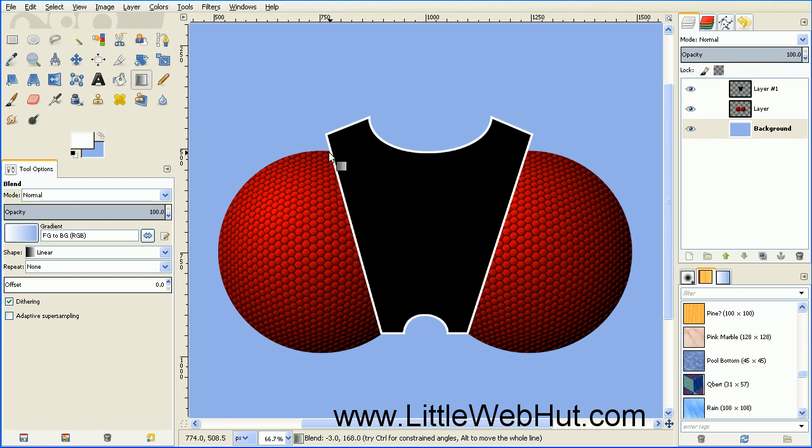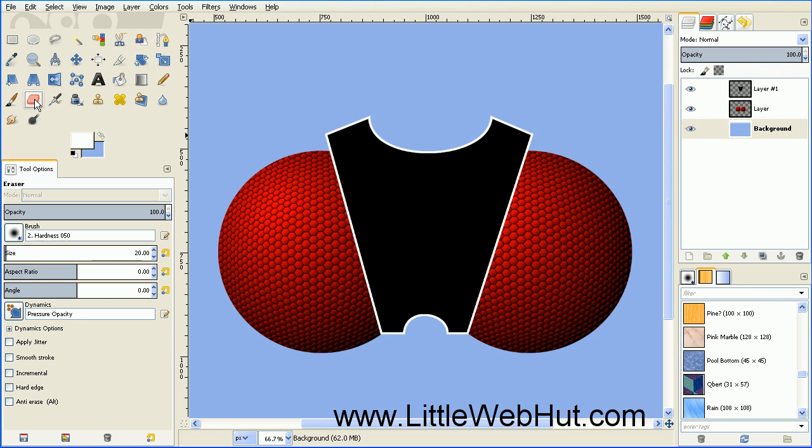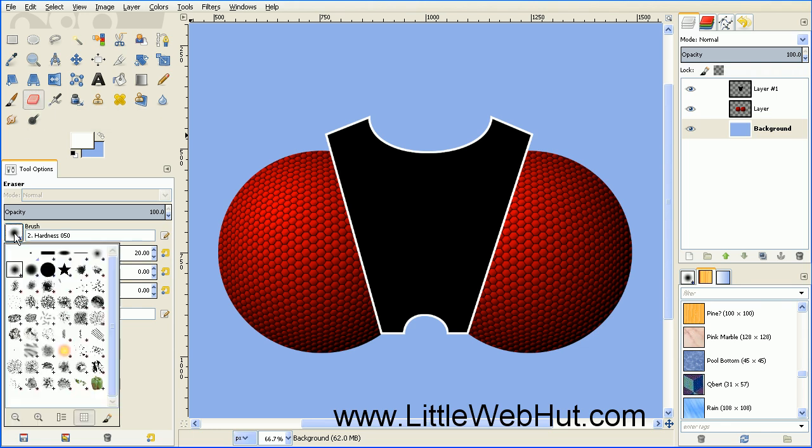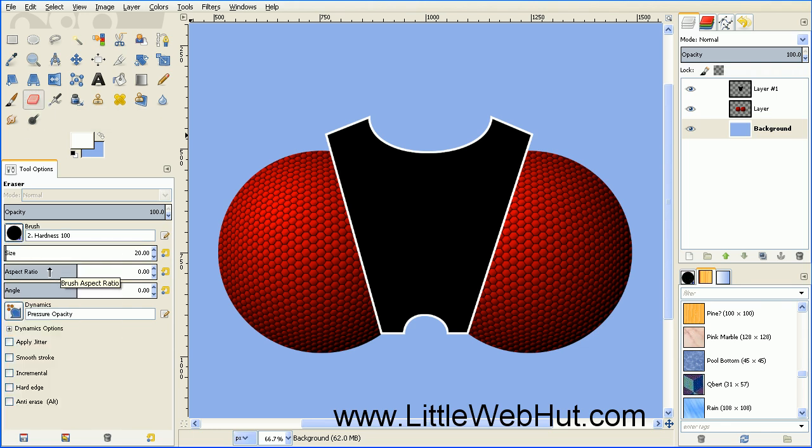And then next we're going to cut out a section right here and then also right here. So select the eraser tool, which is this button. Set the brush to a hard brush, and then set the size to 800 pixels. And then we want to position this so that we can cut it out right where this eye intersects this black and white background area, and also where the bottom of the eye intersects this black and white area here. So first make sure that you have the top layer selected,